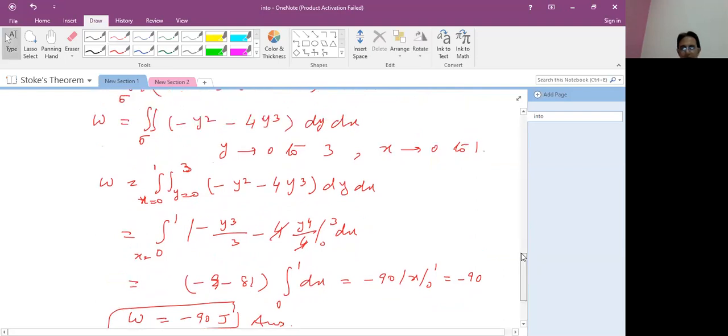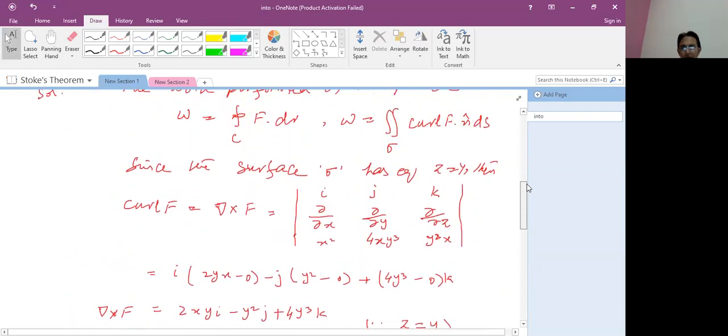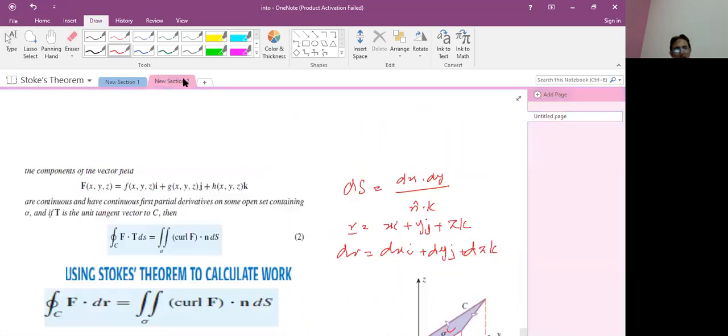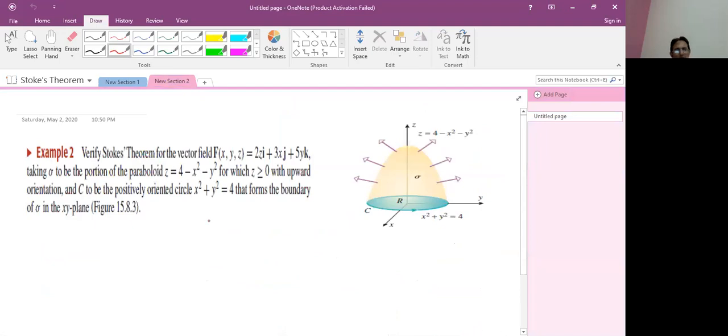Student, we have applied Stokes theorem because we were given that the limit of y is 0 to 3 and the limit of x is 0 to 1, but y is equal to z. So now the next application is to verify Stokes theorem